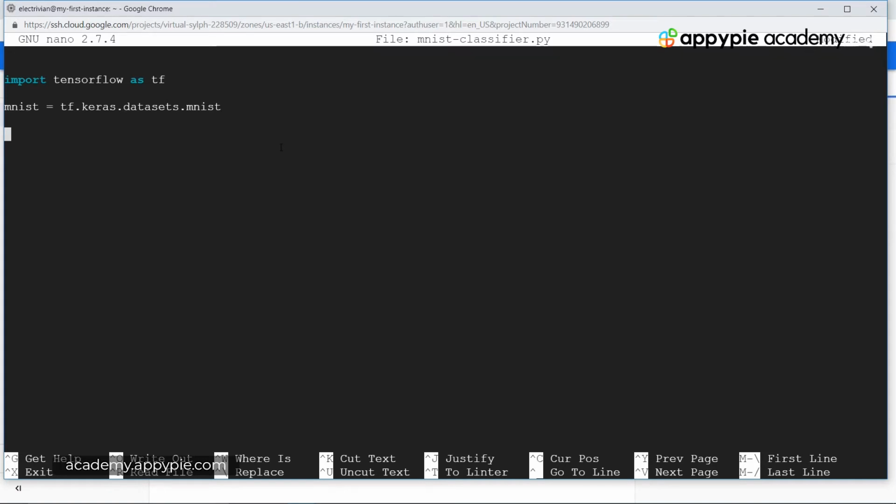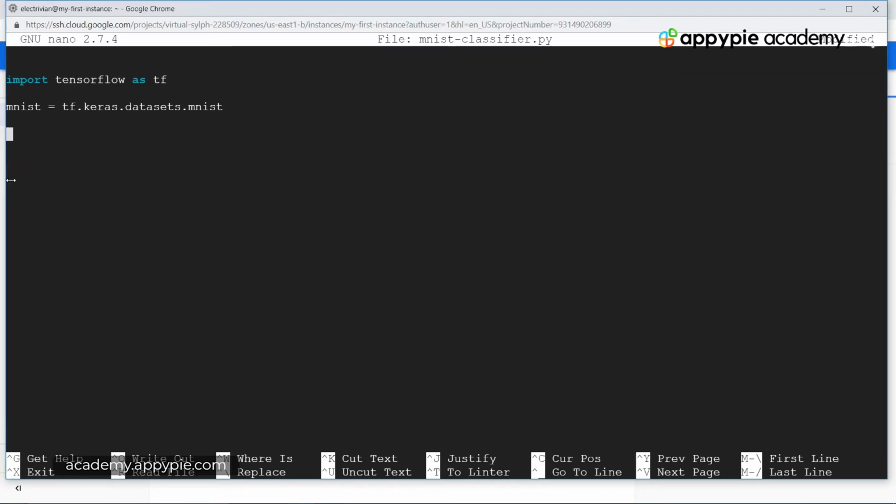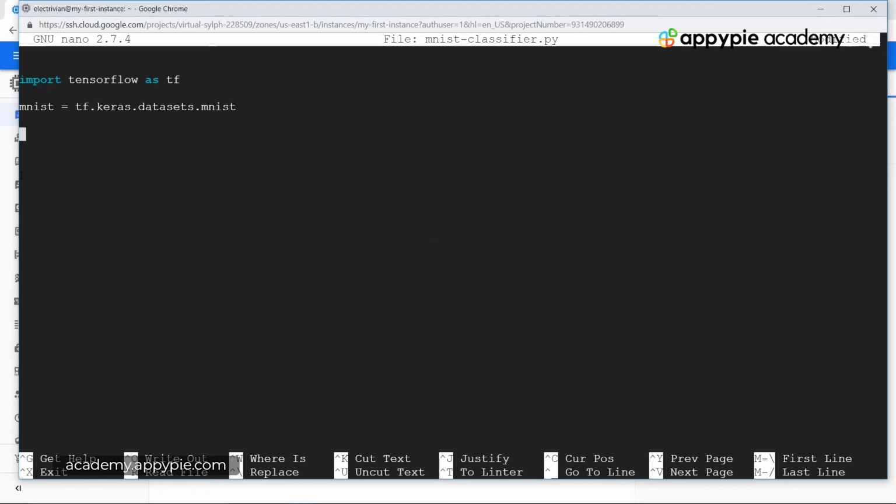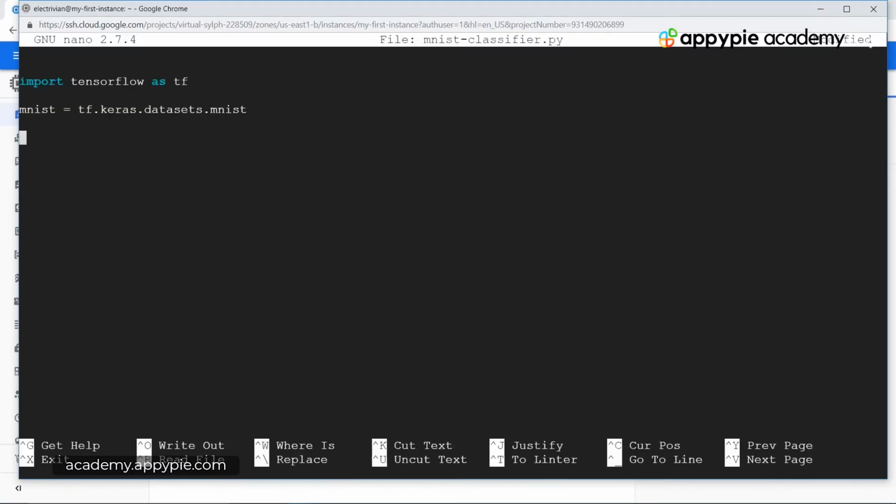Okay, so now we have to give a particular set of variable values to the model. So we have x_train and x_test. Over here we have x_train and then y_train. Okay, and then we have x_test and y_test. So this essentially creates 4 new variables, and now let's assign values to them. So we have mnist.load_data.